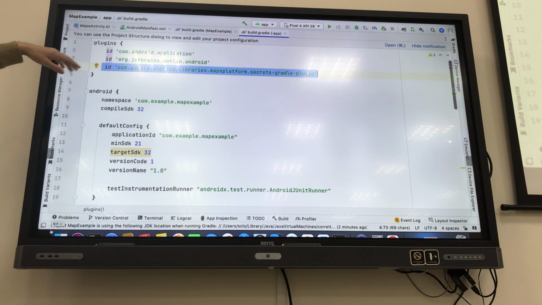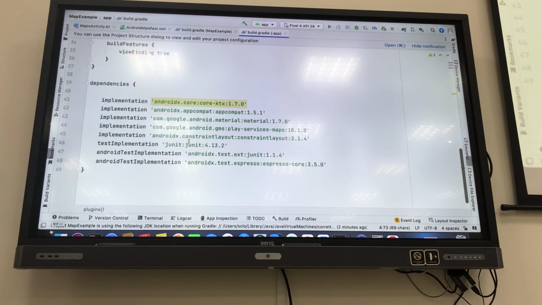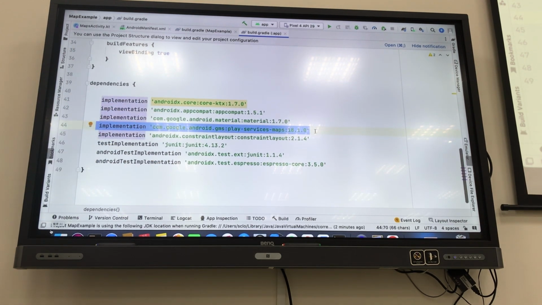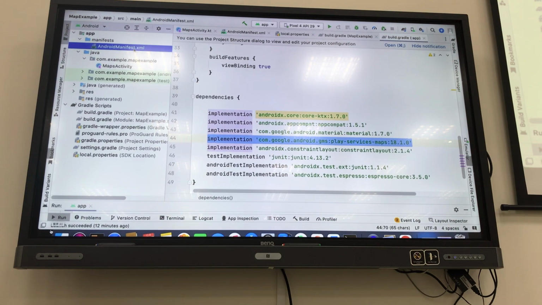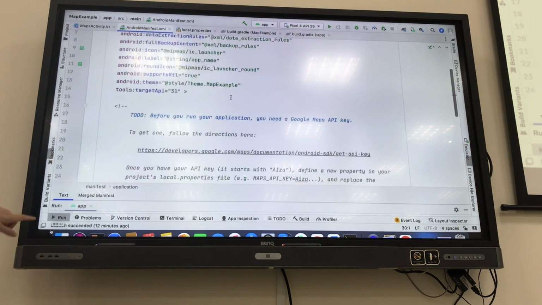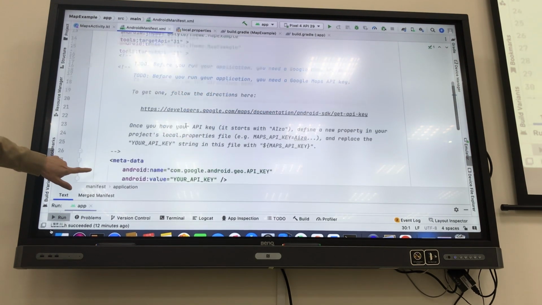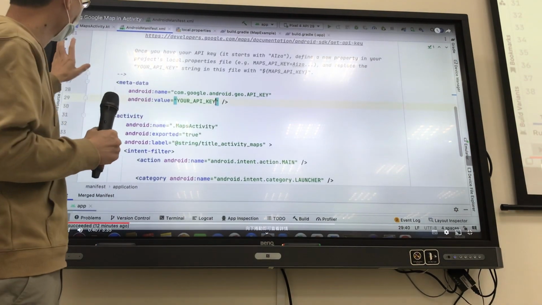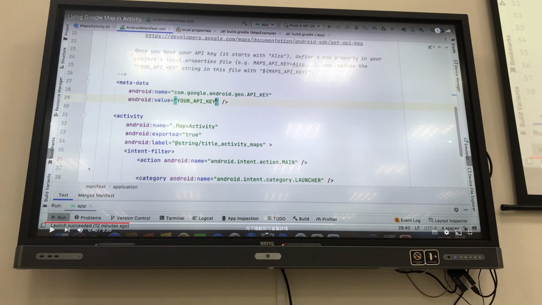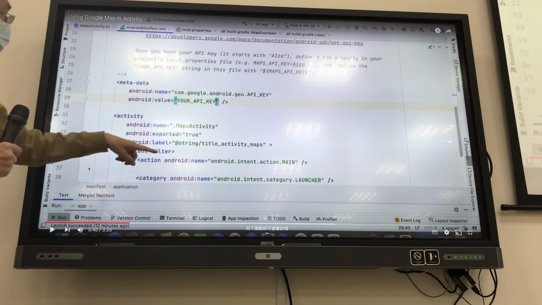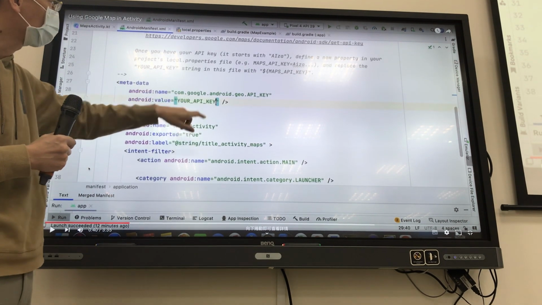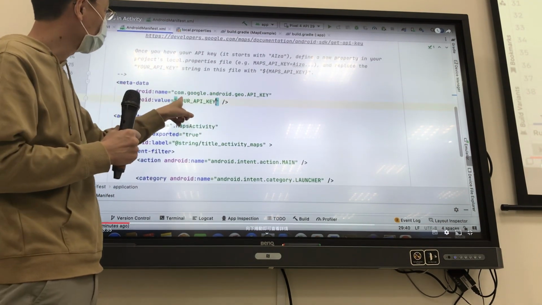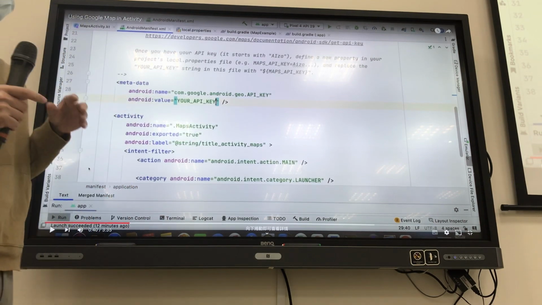And in the module builder, you still need to add some necessary supported library. Okay, let's move on. This page is for the AndroidManifest.xml. Here, you need to type your API key. You can directly type your API key here, or we can